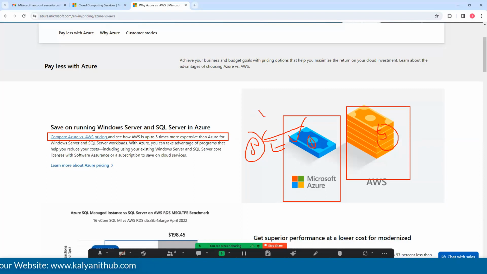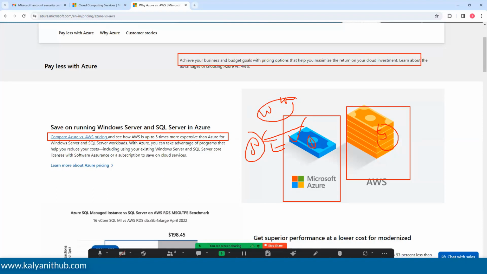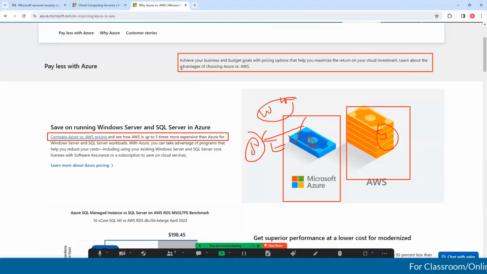Windows Server, Azure, and SQL Server are Microsoft products, so as their own products, they can sell them at a cheaper cost by providing better service. Achieve your business budget goals, with pricing options to maximize return on cloud investment. That is the advantage of choosing Azure versus AWS.